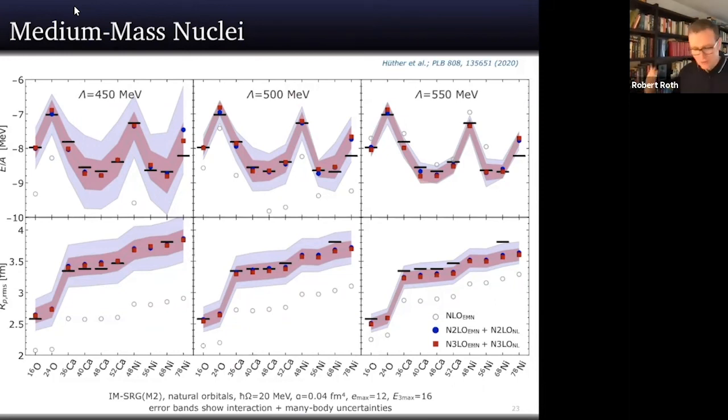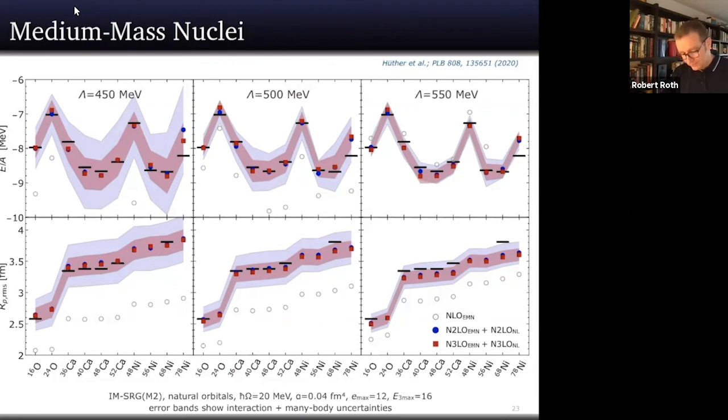And for us, this is quite nice. So we are super happy about that. So I'm absolutely thrilled that the interactions perform that well and that the many-body methods perform that well, and that we don't have uncertainties of plus minus 2 MeV per nucleon, which you might have had in the old days. So this is quite nice, but it might be surprising if you are used to other views at this problem.